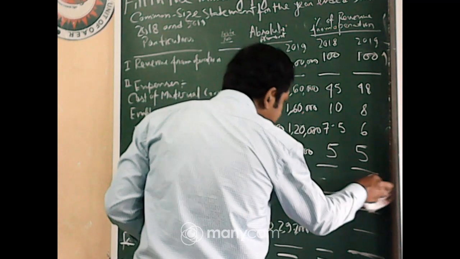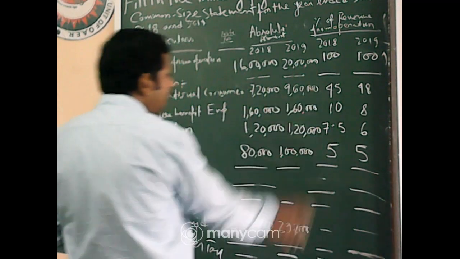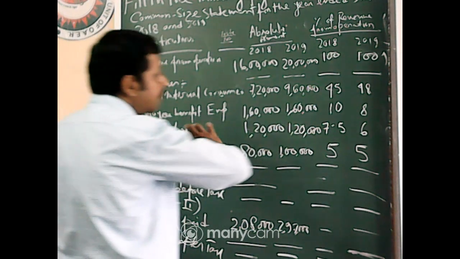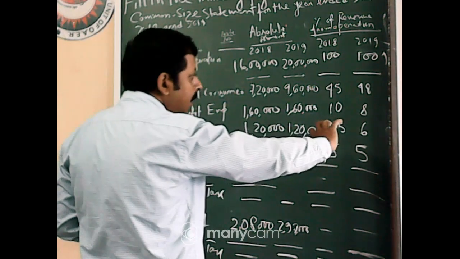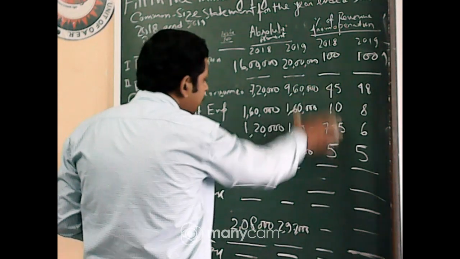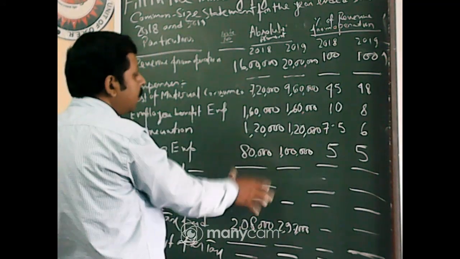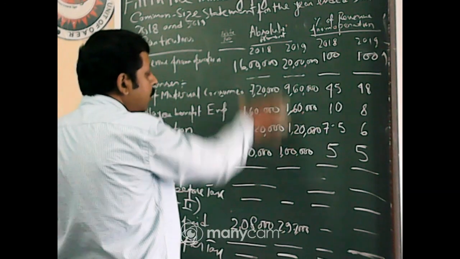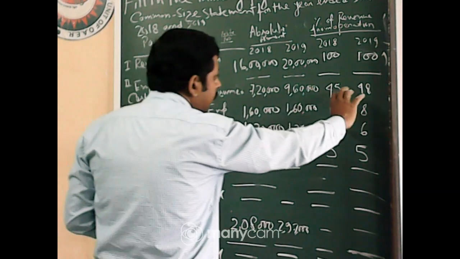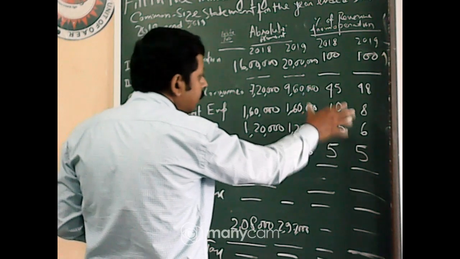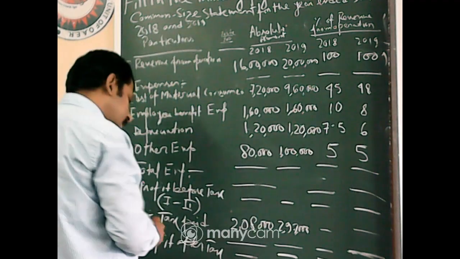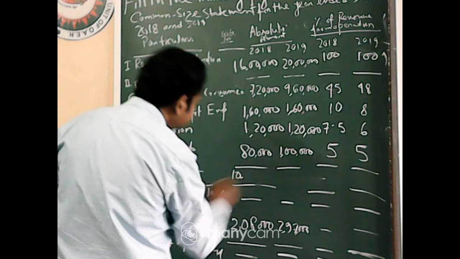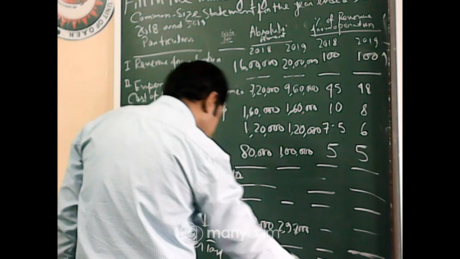Total in case of common size, total in a vertical way, not horizontal. In a comparative statement, we total in a horizontal way, but in a common size statement, the total is always vertical, the percentage total. Absolute figure total is always vertical in a common size statement. So that will come 10 lakh, sorry,